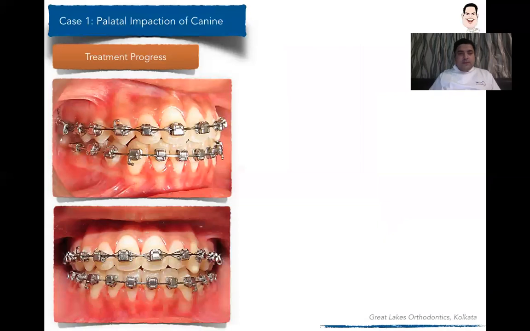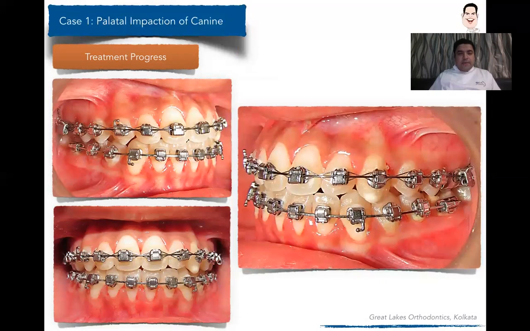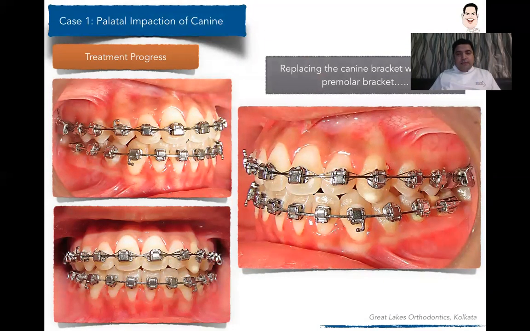So the treatment progressed with bringing down the canine into place and alignment of both the upper and the lower. The sequence of the wires has already been mentioned. So what we do now is that we need to get an ideal torque to the canine. So we actually place the upper premolar bracket. An upper premolar bracket can be placed which has a minus 7-degree torque to the canine instead of a canine